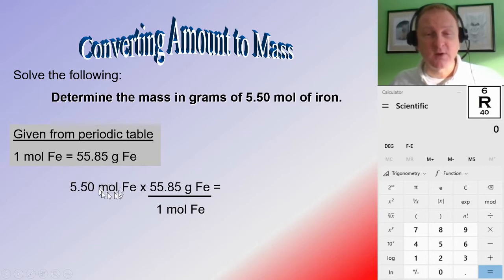Since I'm starting with moles, I'm going to put the 1 mole on the bottom. And if I put the 1 mole on the bottom, what's on the top and the bottom of a fraction cancel out with each other. And so now my unit left over will be grams. The moles of iron cancel with moles of iron, and now I'm left with grams of iron. So it would be